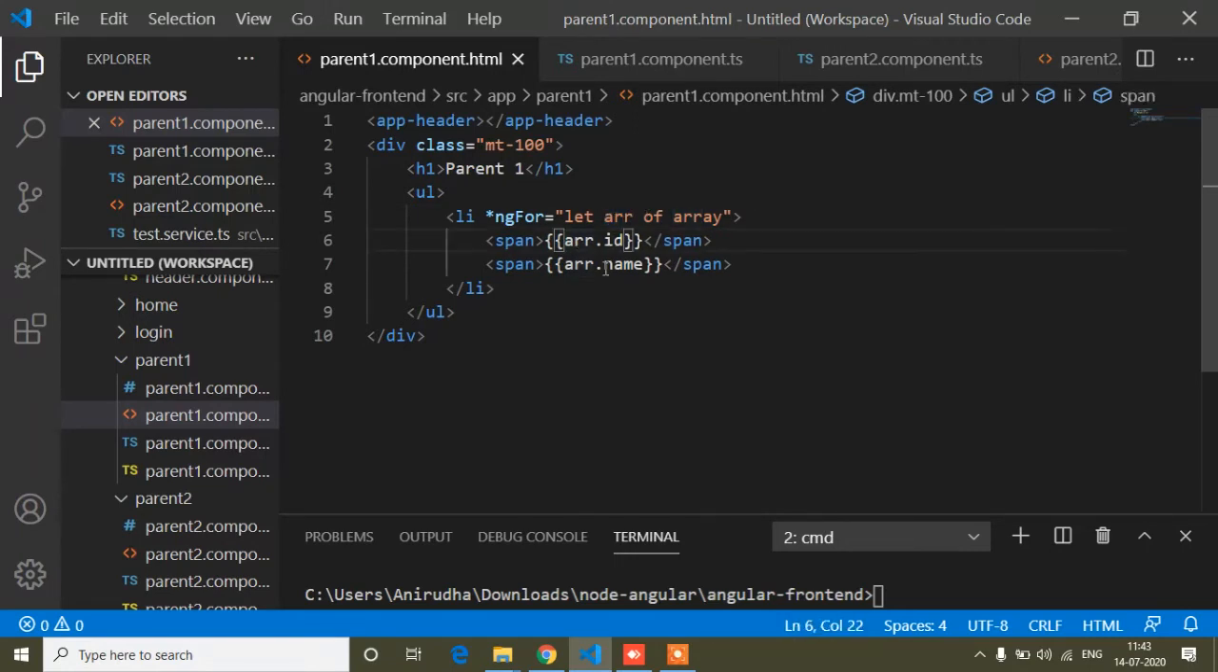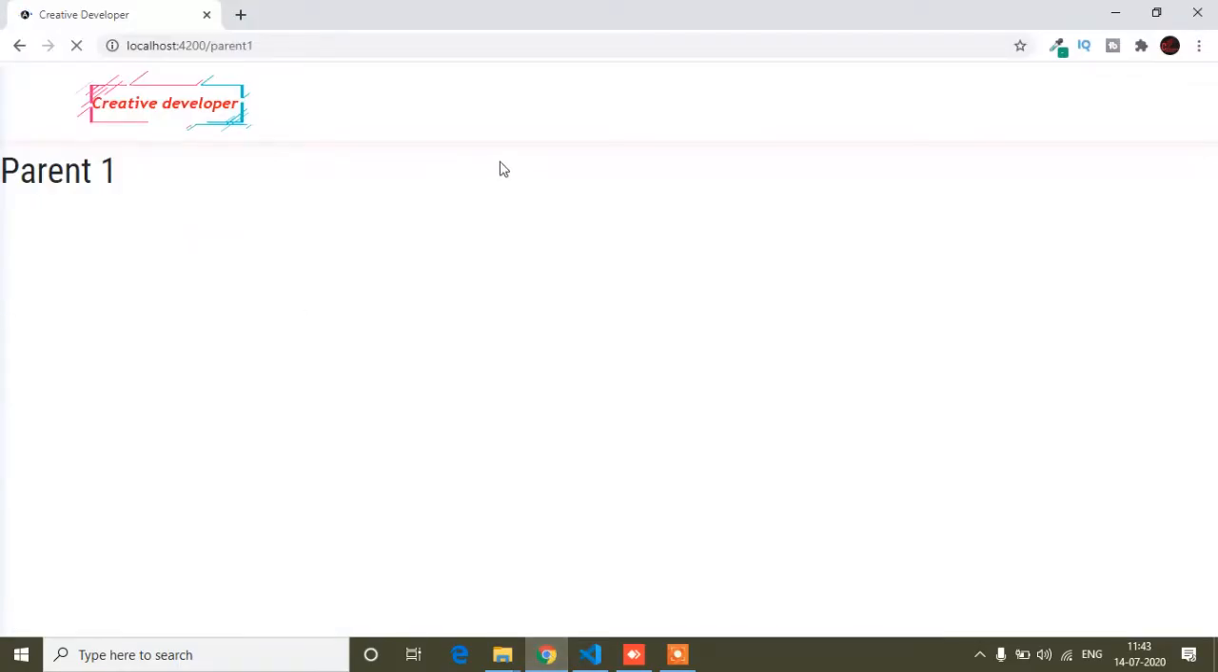So now array.id, array.name. Now if I save here and go to our parent one component,